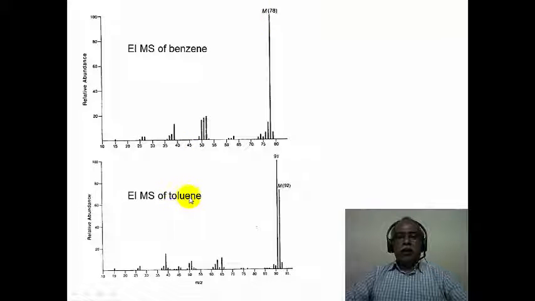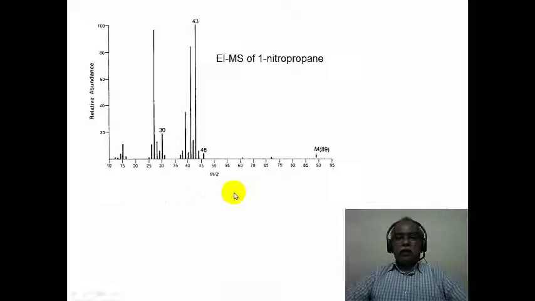On the other hand, if we take toluene, toluene has a CH3 group, so it can readily lose a hydrogen atom from the CH3 group to produce benzyl cation. In fact, it does so. The molecular ion is registered at 92. The benzyl cation is registered at 91 by the loss of one hydrogen from the side chain methyl. So whenever you have side chain alkyl substituted benzene derivatives, or functional group substituted benzene derivatives, the molecular ion lifetime becomes shorter, unlike benzene itself. As a result of fragmentation, the fragment ions will start showing up in the spectrum.